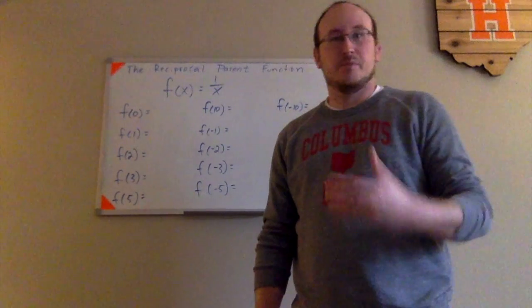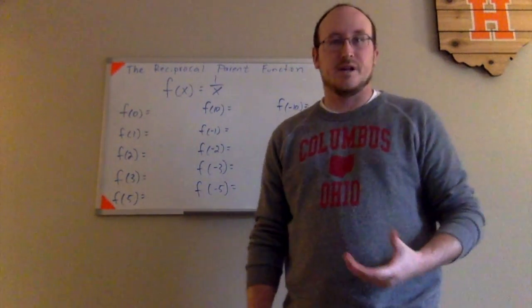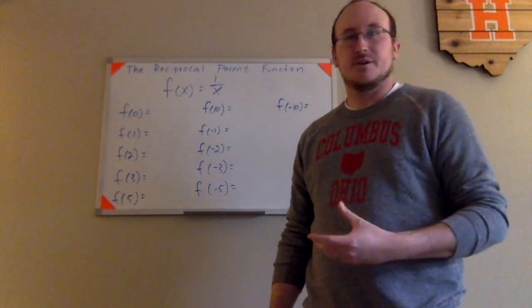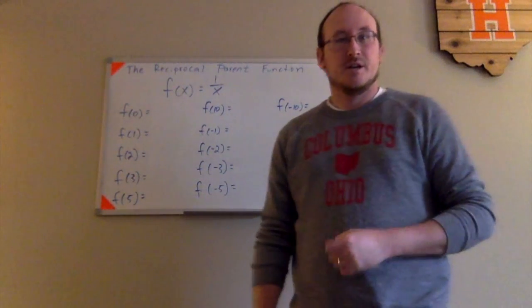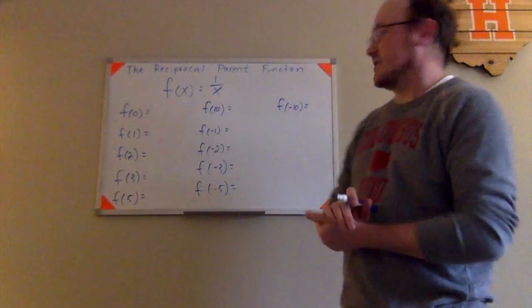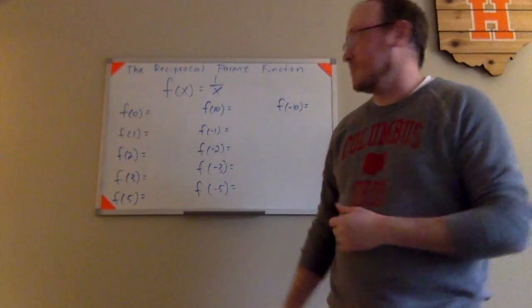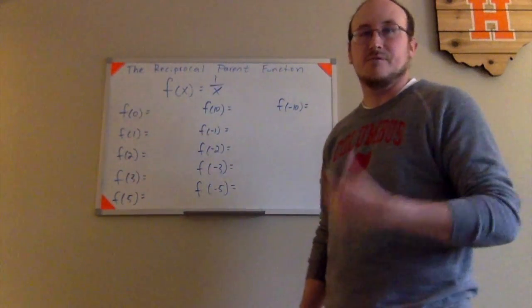In this video, I would like to show a little bit about what the function y equals, or f of x equals 1 over x looks like. The function that we're going to define as the parent function for this family of graphs known as reciprocal functions. So here I've set up the function f of x equals 1 over x, and I have several test values that I want to go ahead and plug in, and we'll see what that gives us when we plot those